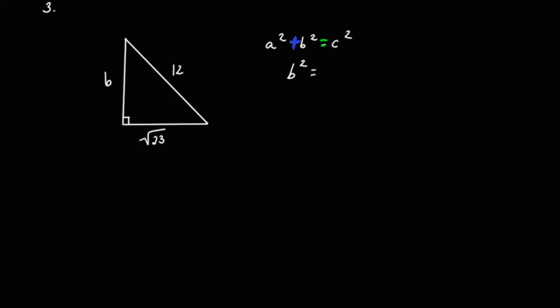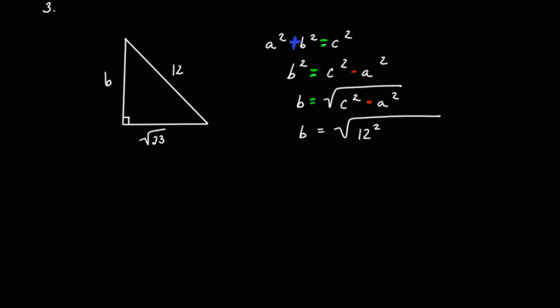but let's just plug it in our old-fashioned a squared plus b squared equals c squared and see what we get. So when we solve for b, we're going to have b squared equals c squared minus a squared. And this is just our simple algebra and pulling that a squared over. And then we're going to take the square root of both sides to get b equals the square root of c squared minus a squared. And when we plug in our c, which is the hypotenuse, 12 squared, minus the square root of 23 squared,